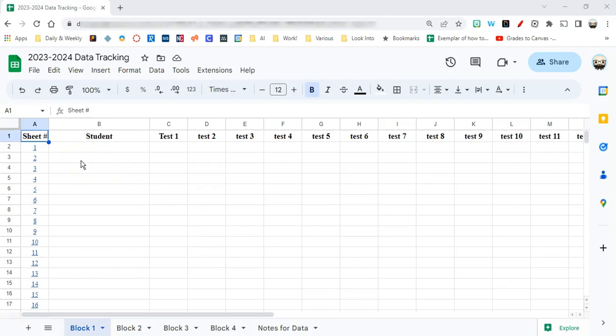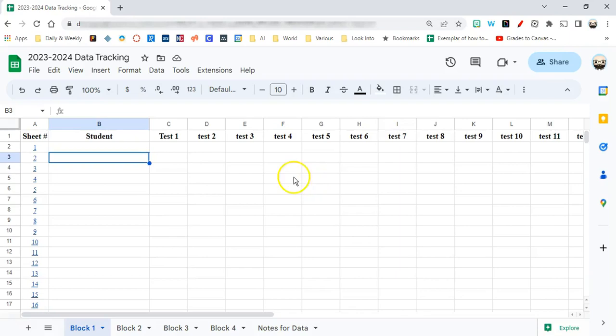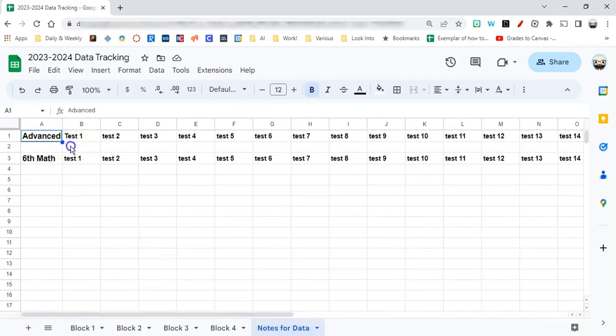So what I've done is I've got a sheet here and I've gone through and I've made some generic stuff just so that way I can enter in whatever it is later. I've got a student and then I've got a sheet number. And you can see all these have links. These are ones I've already got done. And then once I made the one, I just copied it for all the sections that I need. And then I made this other one for notes